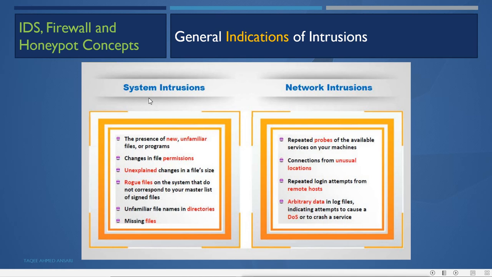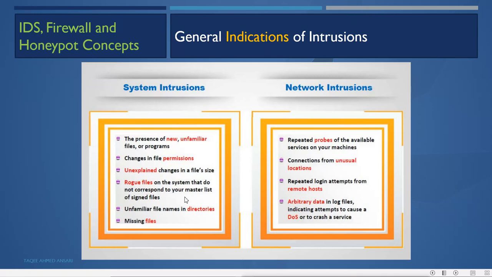Then changes in file permissions. File permissions may also change. Then unexplained changes in file size also. Sometimes when an attacker tries to hide malicious files inside different files, the size may increase. Then rogue files on the system that do not correspond to your master list of signed files.